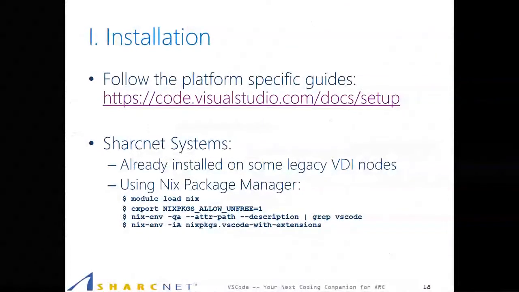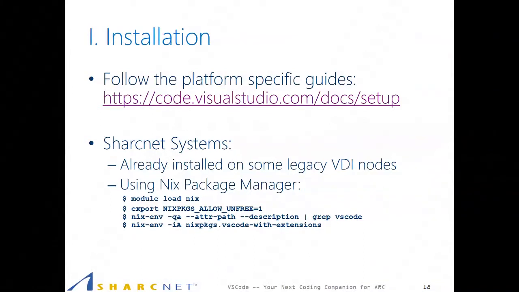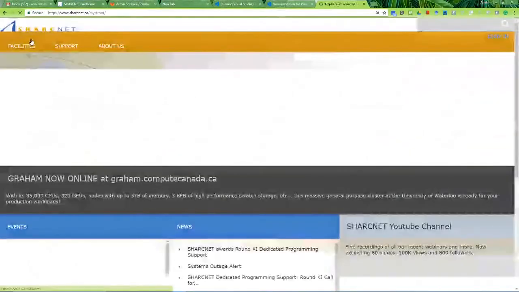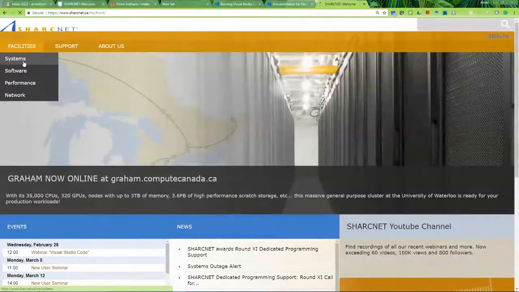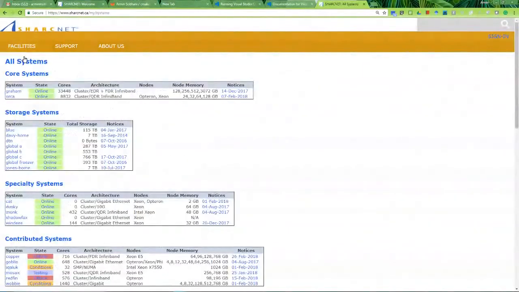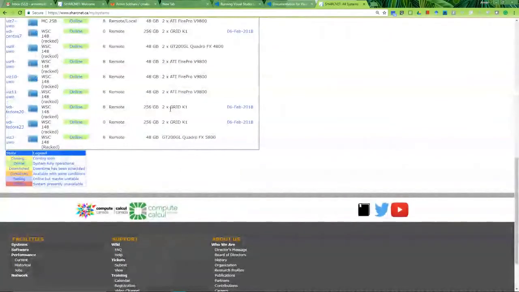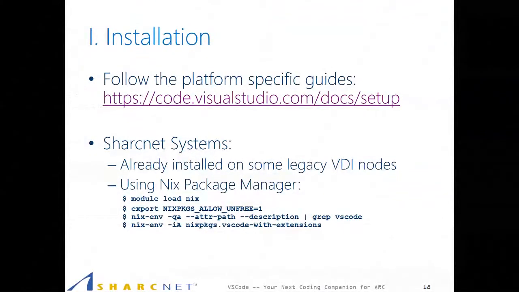Let me go back to my slides here. Under the Sharcnet systems, it's already installed on some of the legacy VDI nodes. So if you check the Sharcnet legacy nodes here, for example, on VDI Fedora 20 and Fedora 23 it's already installed, and you can run it using the start menu or the menu of the Linux distribution. But for others, you can use the Nix Package Manager,